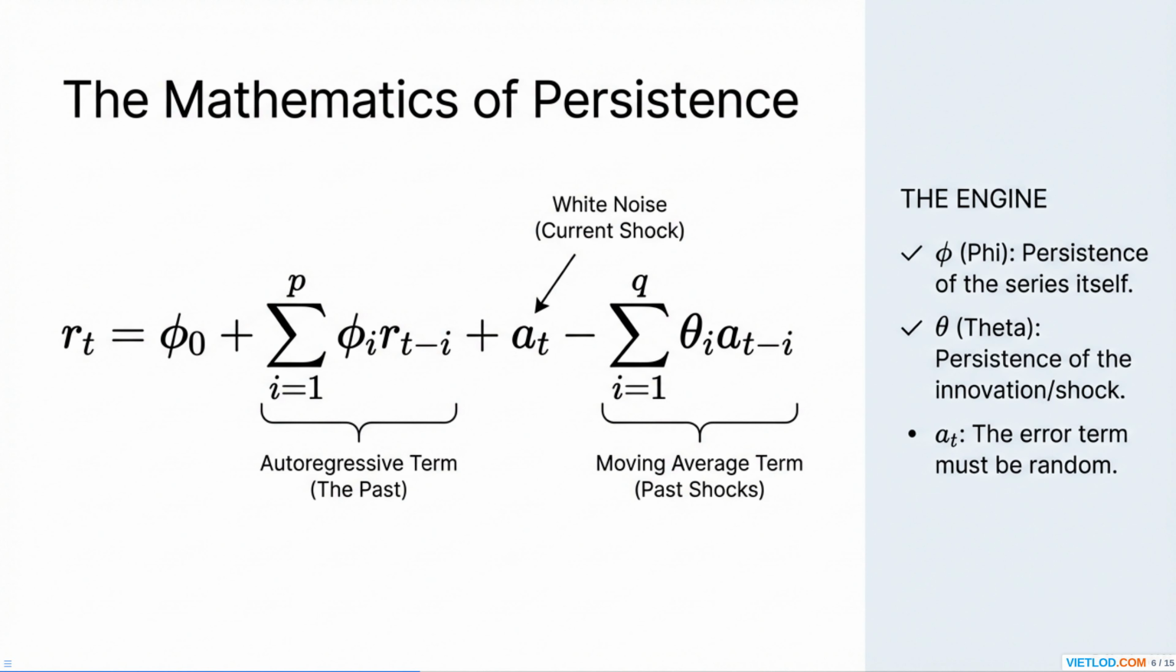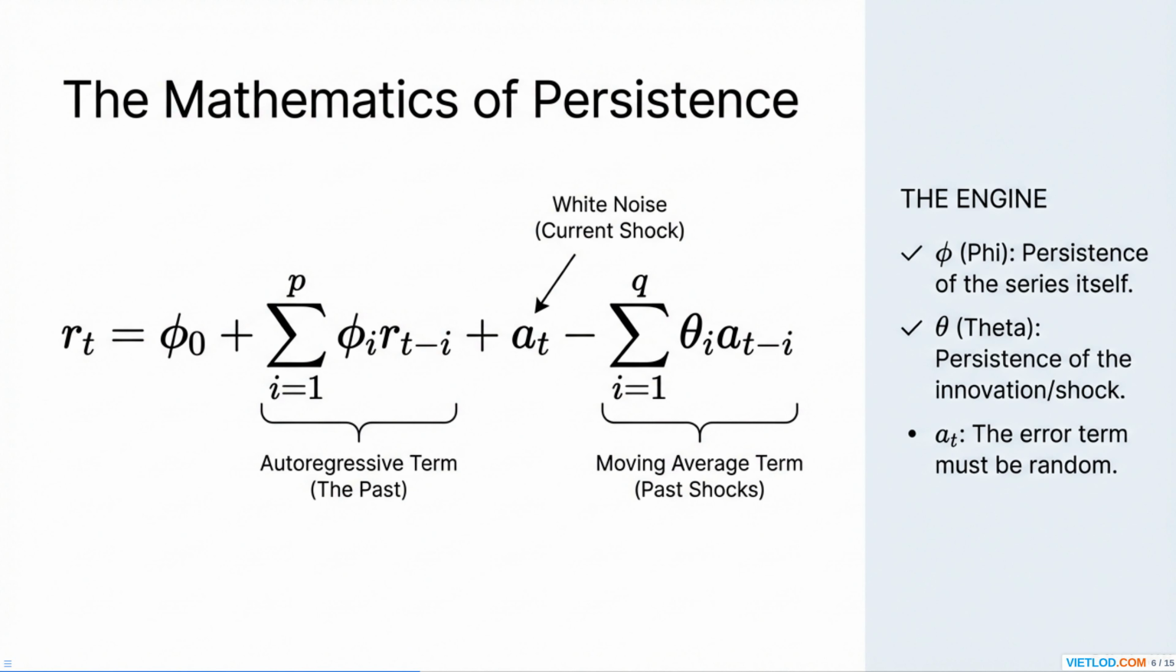It captures how r_t is a weighted sum of its own past values, r_{t-i}. The phi coefficients quantify the persistence from the series' own history. Next, the moving average, or MA, term models r_t as a function of past forecast errors, a_{t-i}. Here, the theta coefficients measure the persistence of these random shocks or innovations. Crucially, a_t is the current shock, and it must be white noise, completely random and unpredictable, for the model to